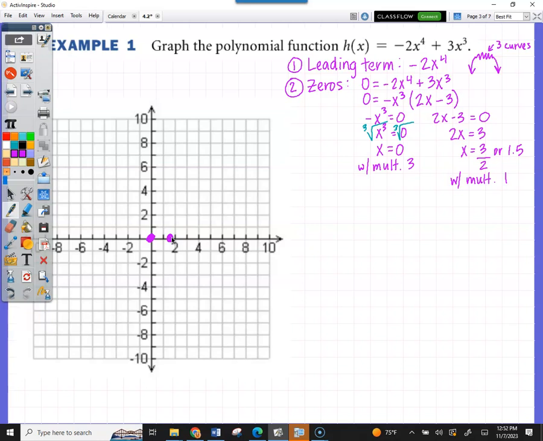Now what you're going to find is a direct relationship to what you just found, the zeros. Now you're going to write them as x-intercepts. We're going to say the x-intercepts are, now don't get confused here, you just found them. We found it to be 0, 0, and we found it to be 1.5, 0. Right? The 0, 0 had a multiplicity of 3, so I'm going to say times 3 and then times 1,